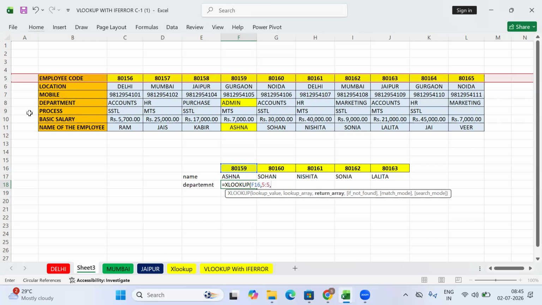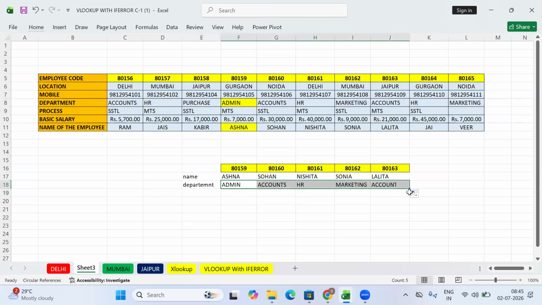And the return array will be department. See, this is also giving you the answer. So there is no need to go back to HLOOKUP here. Better for vertical and horizontal both, you go forward with XLOOKUP. XLOOKUP is perfect, much better.